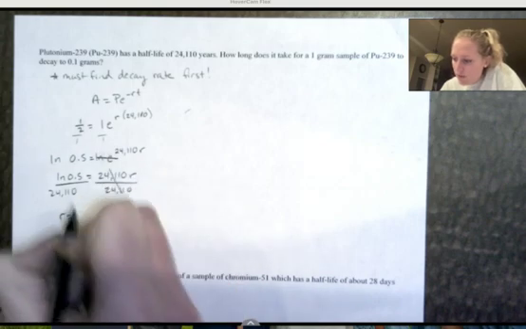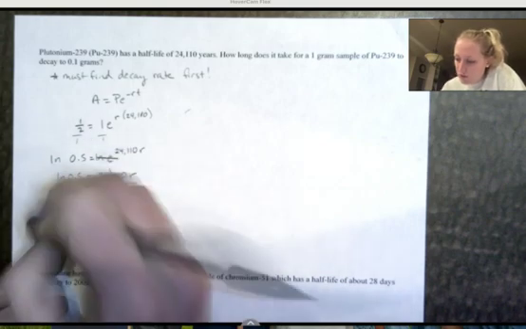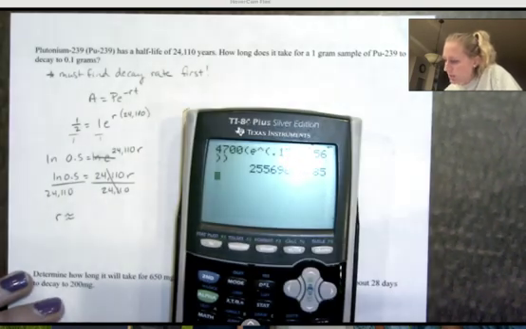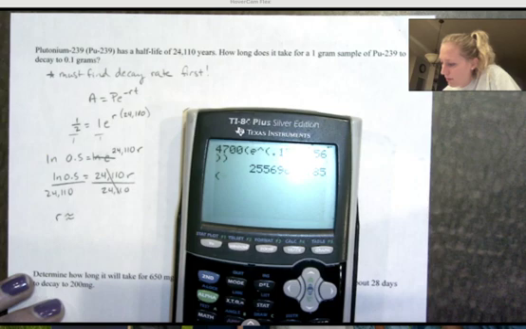So R is equal to this amount. Again, this is going to be a decimal, so I'm going to approximate, and we are going to round. Let's do 4 decimal places again. So I've got natural log of 0.5